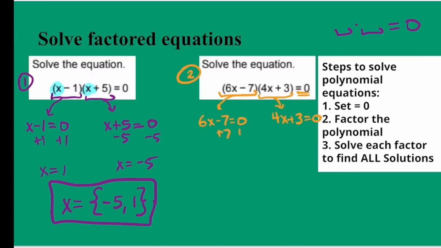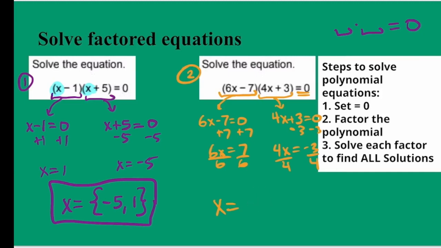So on the left, we add 7. We divide by 6. So we get 7/6. And on the right, we subtract 3. And then we divide by 4. So we get